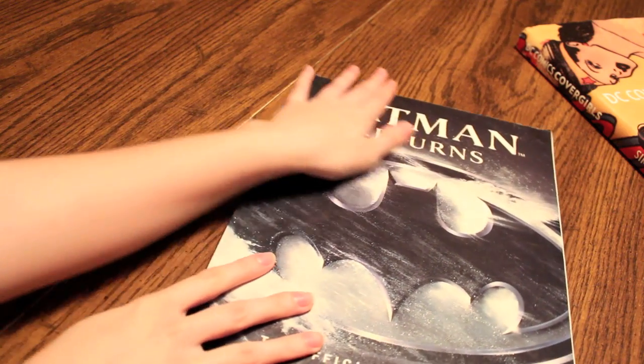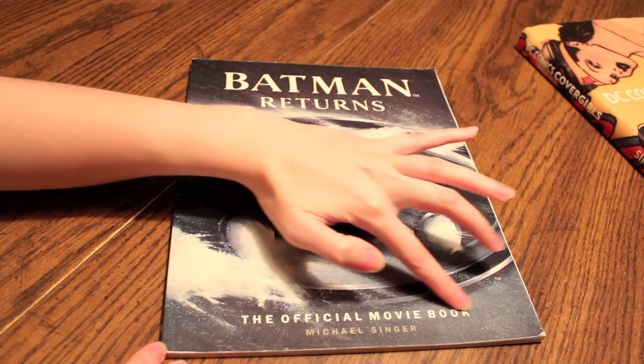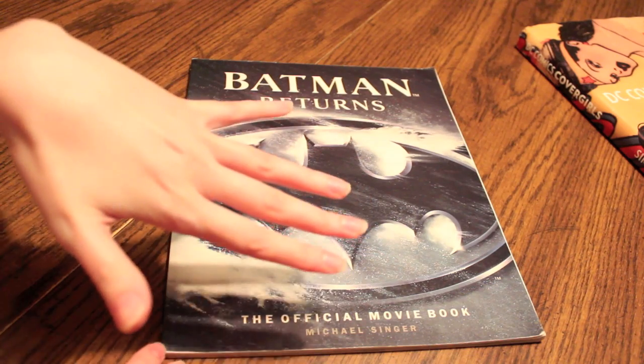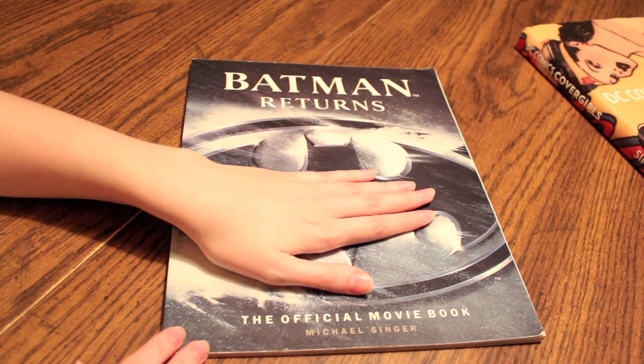The next one that I have here is this copy of Batman Returns, the official movie book. Now, this book, not everyone is going to enjoy this book, but for me,